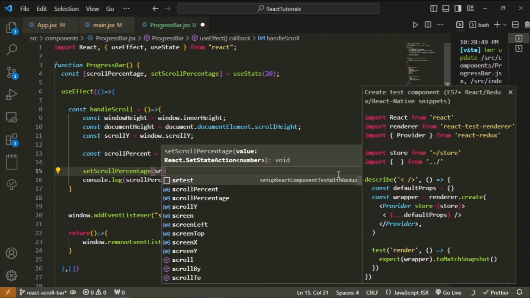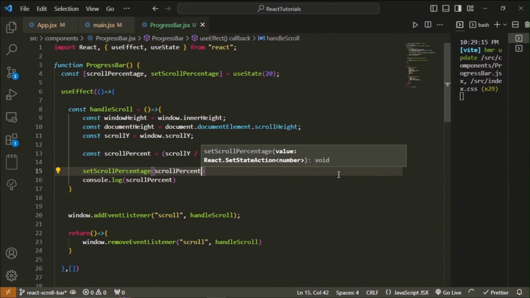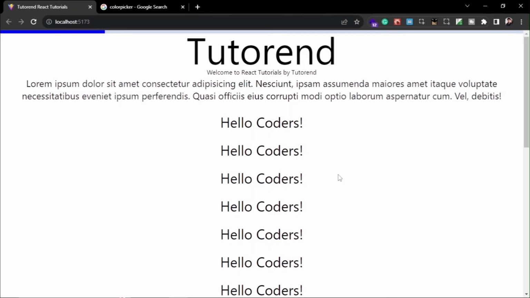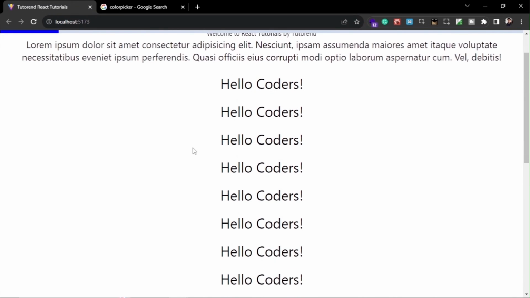Building the basic version of the scroll progress bar component is very easy, but there is a lot you can do with it, like you can set it to any specific part of the page instead of just the top by changing the positions. You can add more